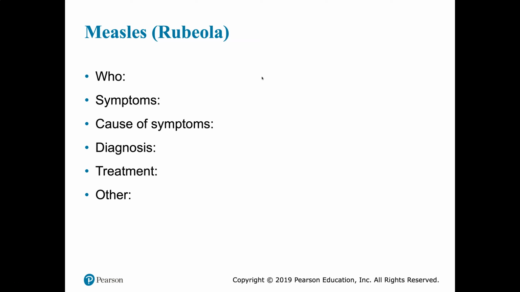And then treatment. Well, first off, we can prevent all of this by getting the MMR vaccine, right? By getting the MMR vaccine, we can prevent measles. However, if you don't get the MMR vaccine, A, there's no cure, and B, the only way to really treat this is supportive therapy only. Basically, treat the symptoms. Make the patient comfortable. Treat the symptoms, because there is no way to treat or cure this. So anyway, measles,